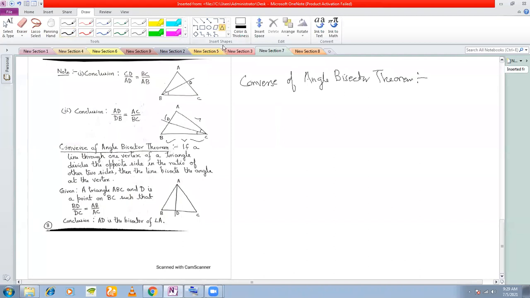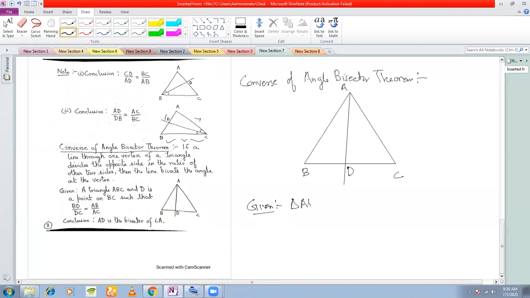Okay, in this part, what happens? What is given to you? Triangle ABC is given, in which you have a straight line that passes through the vertex A, meeting the other side BC at say D. Till now I don't know whether this is the bisector or not. Okay, so given here,